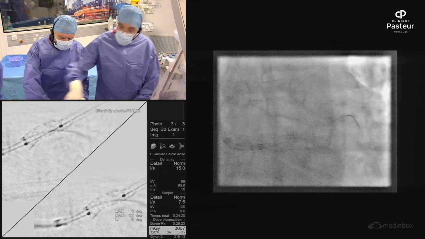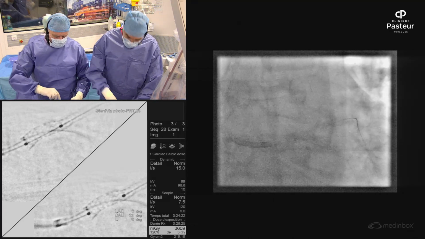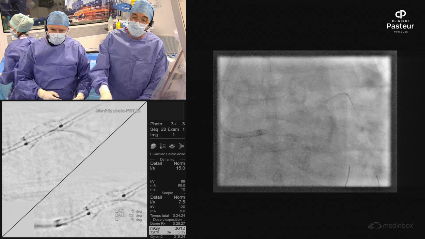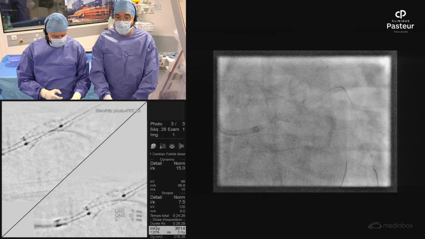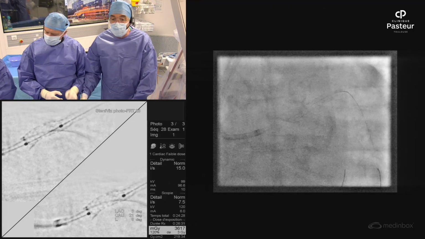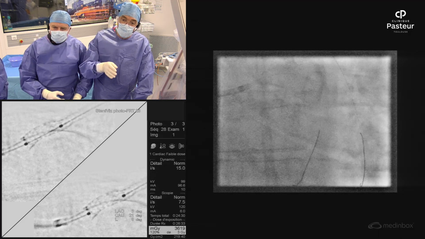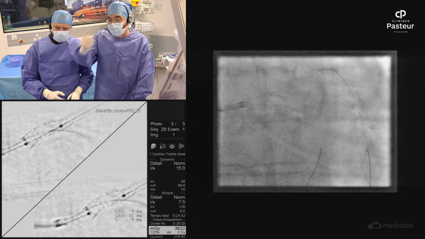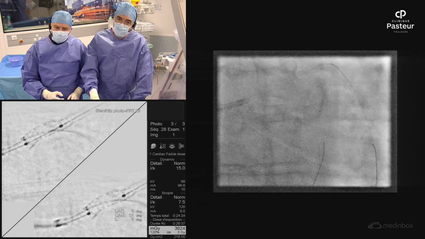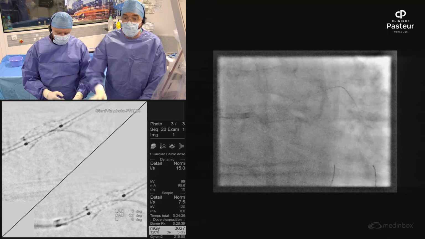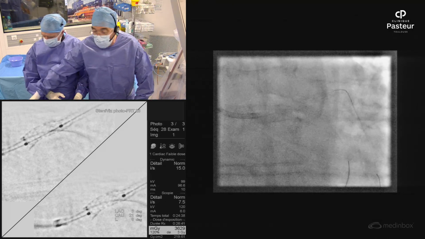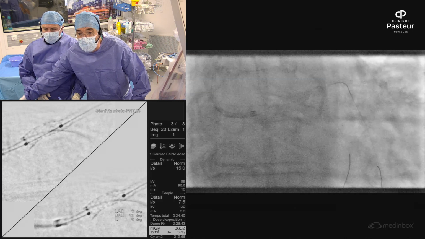The first possibility is to remove the LAD wire and cross the threads, then place the wire in the circumflex, leaving the wire in the LAD. The other possibility is to leave these two wires like that and take a third one,